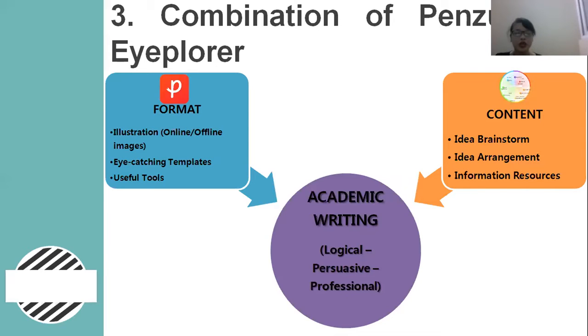People can make use of that to reinforce coherence. In conclusion, the combination of Penzu and iPlorer helps users to design an assignment with professional format together with logical and persuasive content. Besides, when you demand more reliable and varied sources, we can recommend